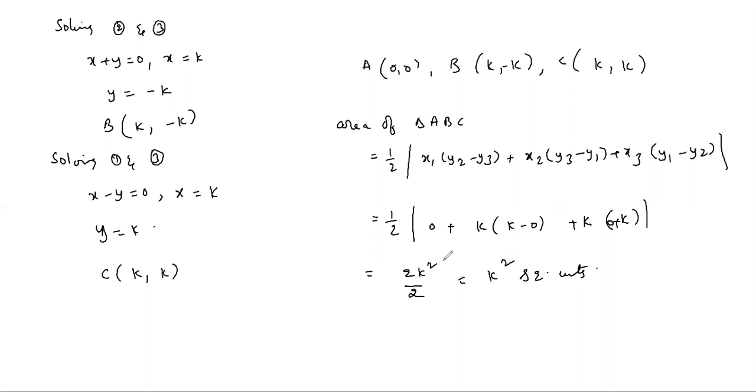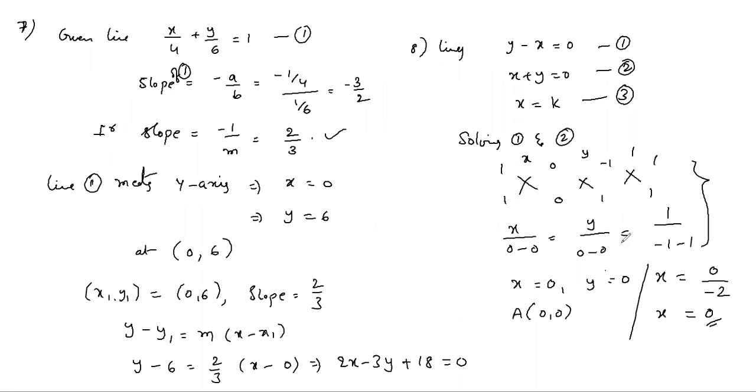I still don't get it. How is x divided by 0 defined? I don't understand how x divided by 0 is still defined. This is just our notation to solve the values of x and y. To find the point of intersection, we are just following this. It is not x by 0 as a division. Actually, from this you have to write the x value by taking these two. Otherwise, you have to use the formula.